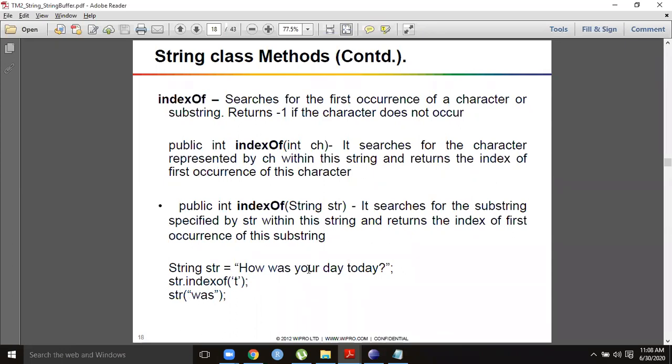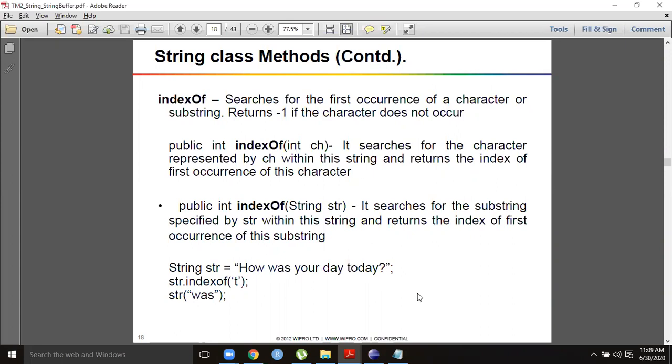Okay, so where is t? 1, 2, 3, 4, 5, 6, 7, 8, 9, 10, 11, 12, 13, 14, 15, 16, 17, 18. So here the index is there.